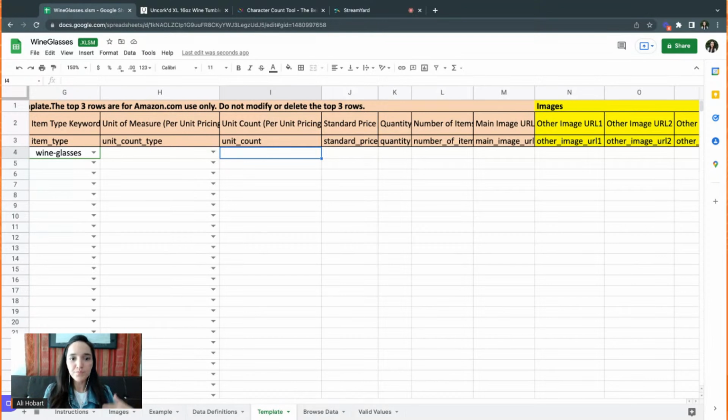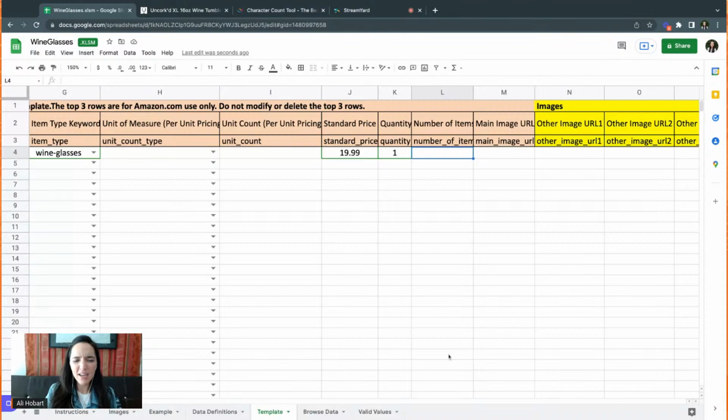So moving forward, the standard price is just your price, let's say $19.99. Quantity, you only need to put quantity if you're selling fulfilled by merchant. Then you need to put the actual quantity that you have in stock. If you're selling fulfilled by Amazon, you can put 0, you could put 1, and either way, Amazon is going to pick up whatever inventory you have there. Or if you haven't sent it yet, it's going to show 0, but it will pick up anything for that specific SKU, however much inventory that you have.